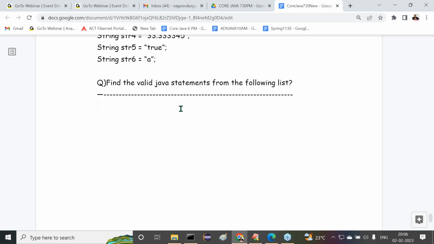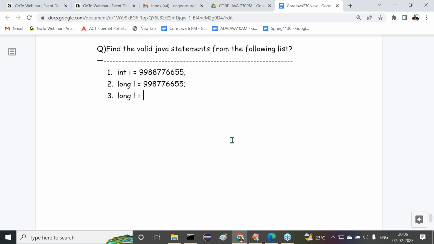Now observe carefully, all of you. One by one, I'm going to write all the statements, and we have to identify them clearly. First, int i is equal to, semicolon. Next, long l is equal to, semicolon.